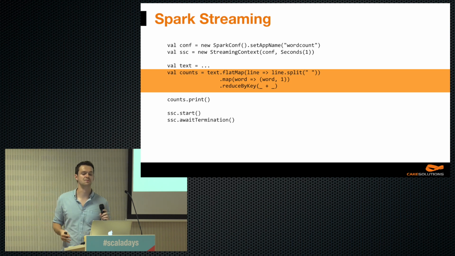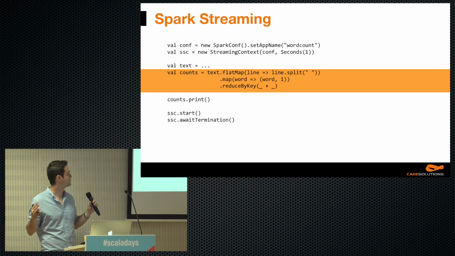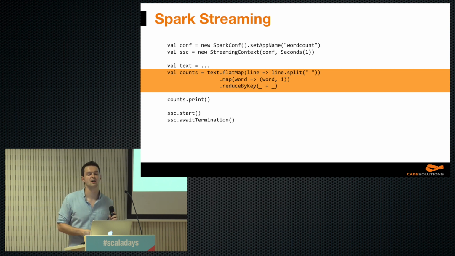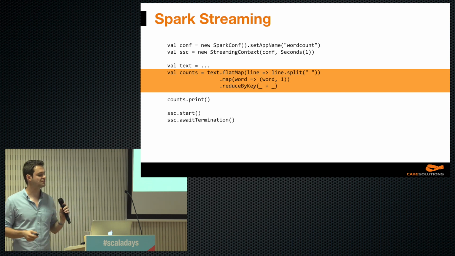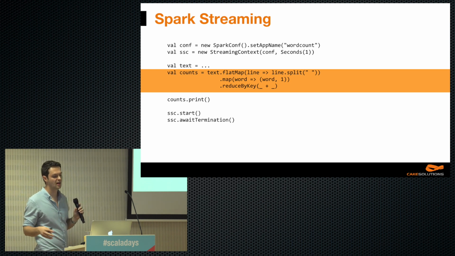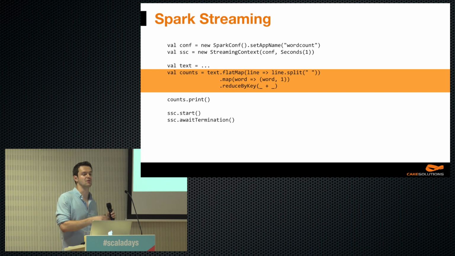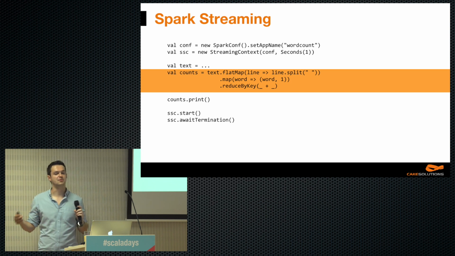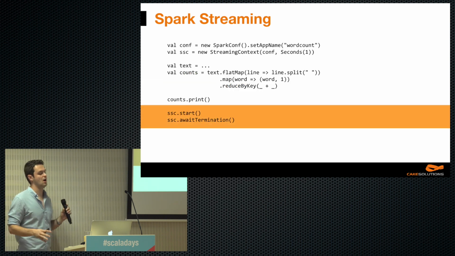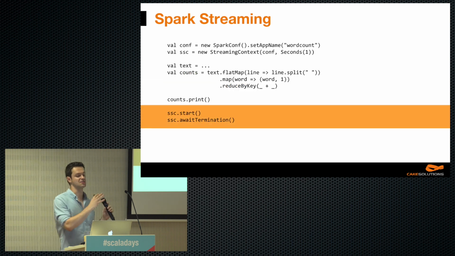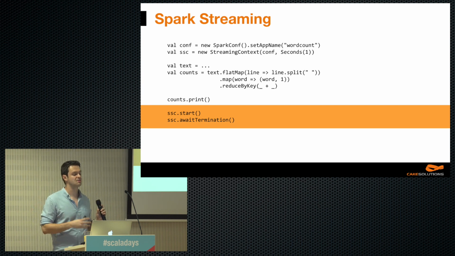And now you can see the whole word count computation. Quite different, isn't it? That's the reason why Spark is sometimes called distributed Scala. As you can see, it's quite standard functional code, and Spark takes care of the topology definition and its distributed execution. And now the last part of every Spark streaming job, starting the computation. Keep in mind, once started, a job cannot be modified.